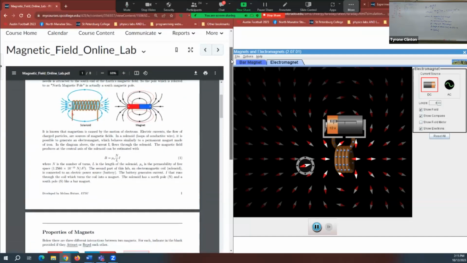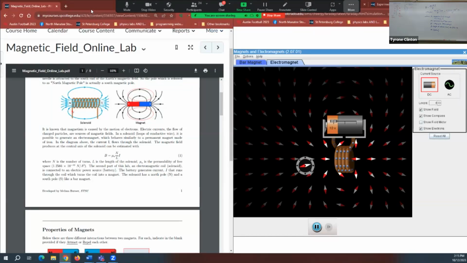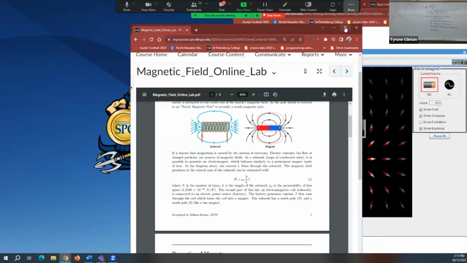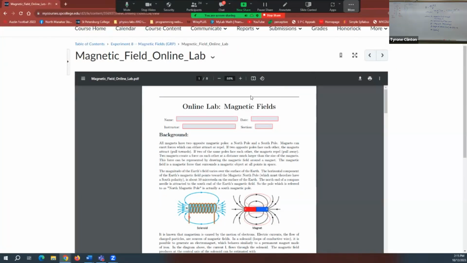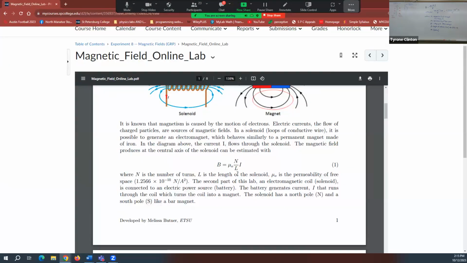So with this formula, let me pull this up a little bit for you guys again. This formula for B here is going to give us an understanding of the strength of the magnetic field. You guys will probably already know that B is a measure whose unit is going to be Tesla, just like the car. Mu naught is